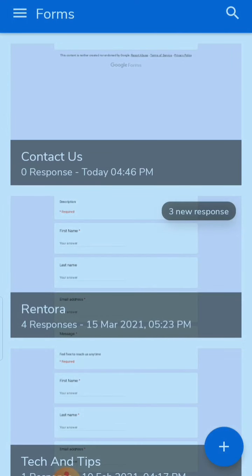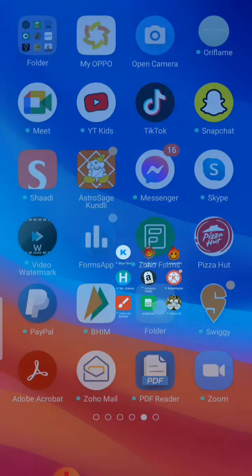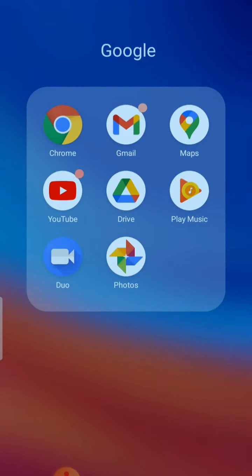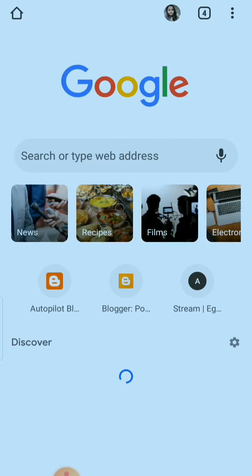There are also many other options I will show you later, but first we are going to embed this form in our website. Before going to our website I will use one service, because I have to convert this link into an embed form. So I will click here on iframe generator.